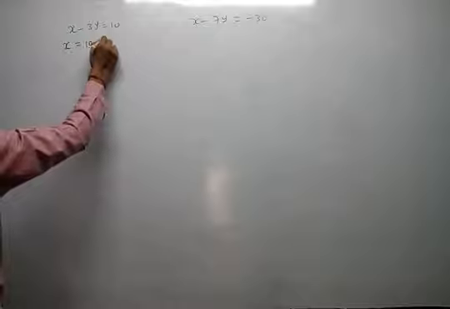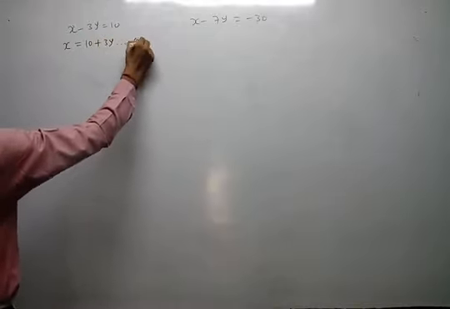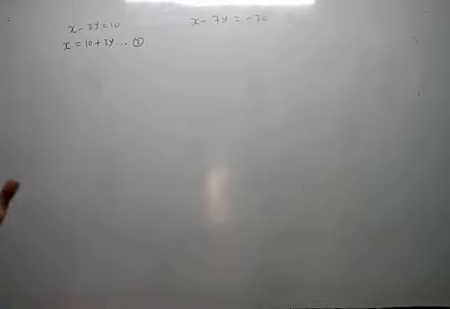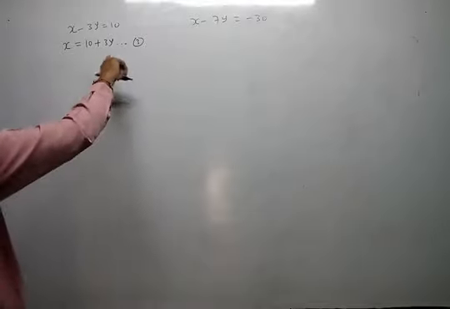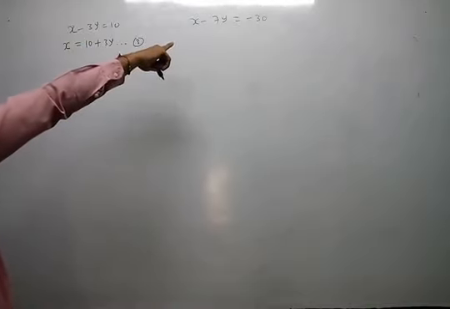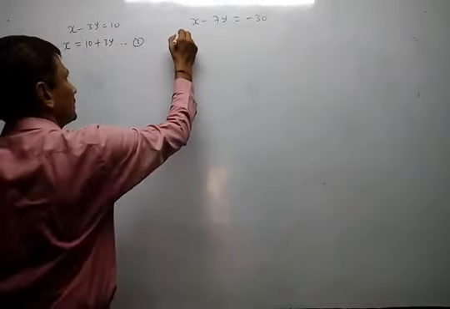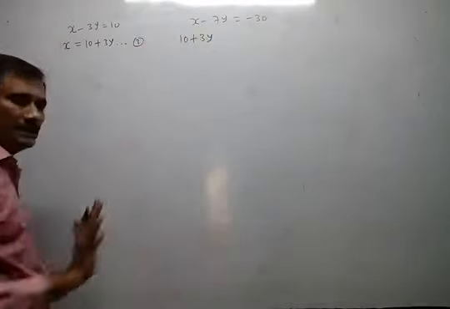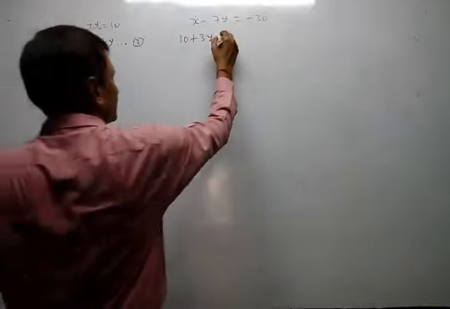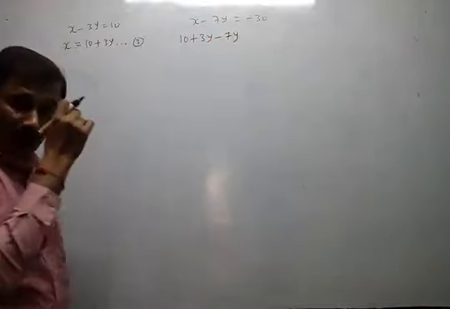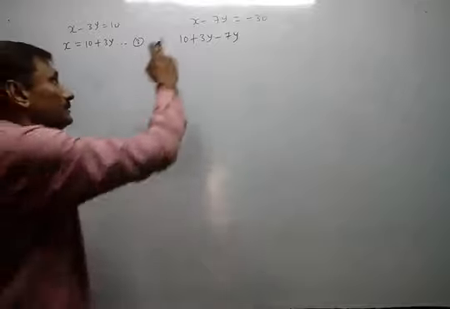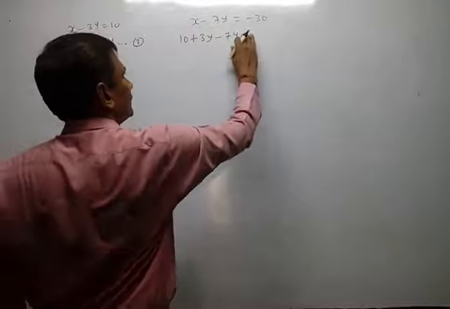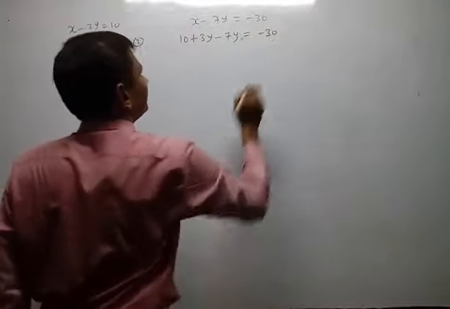So x equals 10 plus 3y. Give it equation number 3, because earlier we wanted two numbers added, so that is not important, whatever number you give. Now place this value there. Don't write x, but instead of x, write down 10 plus 3y. No coefficient, so no need of a bracket here. Minus 7, otherwise a bracket is compulsory. Any value is placed in a bracket only, but if no coefficient is there, it is not needed. No minus sign also. Minus 30.